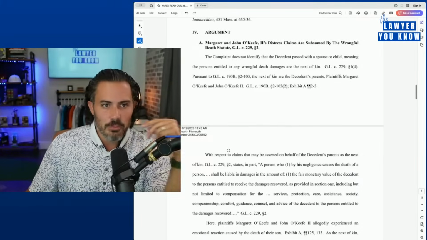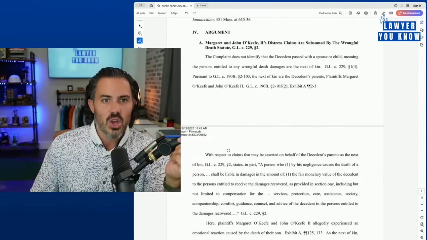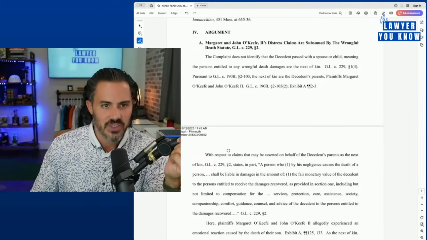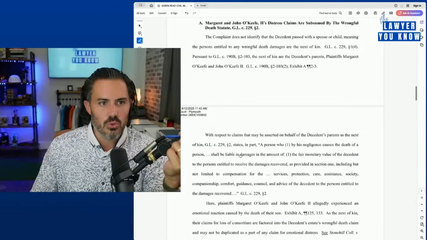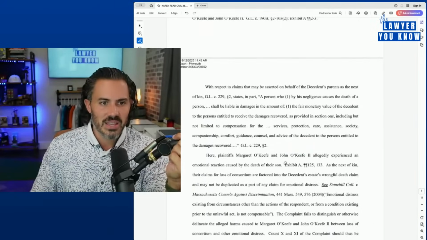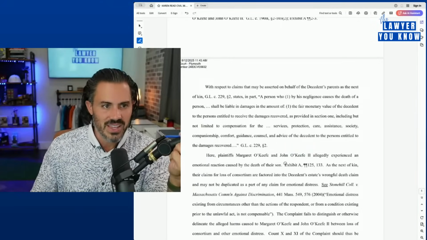Argument. The complaint does not identify the decedent as having a spouse or child, meaning the persons entitled to any wrongful death damages are the next of kin. Pursuant to the rule, the next of kin are the decedent's parents, Margaret and John. With respect to the claims that may be asserted on behalf of the decedent's parents as the next of kin,